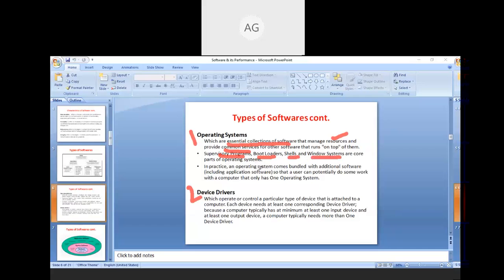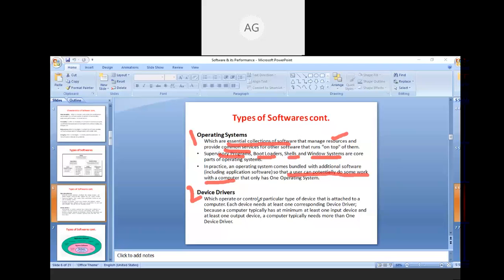In practice, an operating system comes bundled with additional software, which also includes application software, so that a user can potentially do some work with a computer that only has one operating system. Basically, the operating system is the most important software for a computer system to perform its tasks.